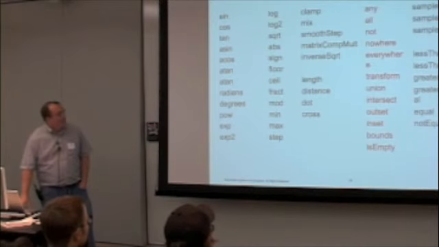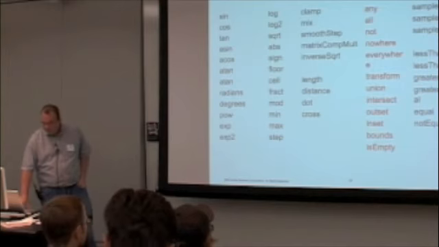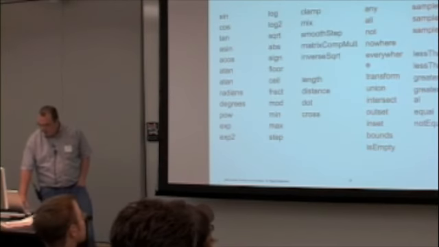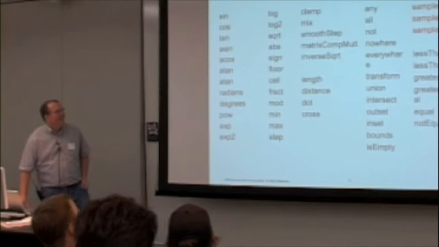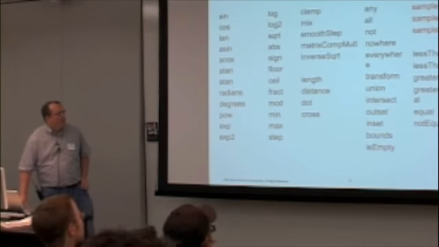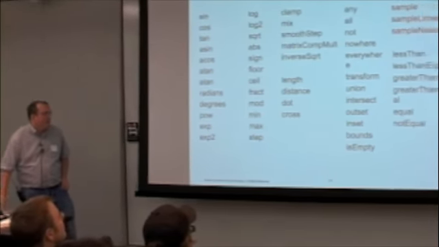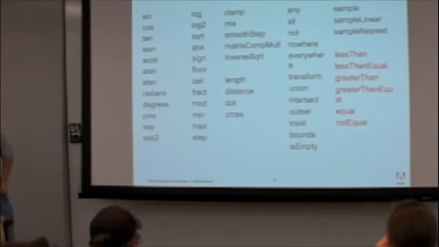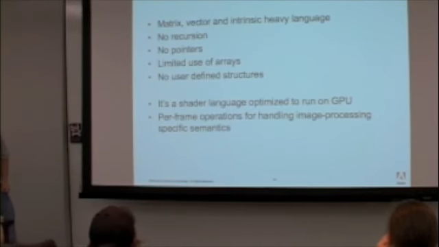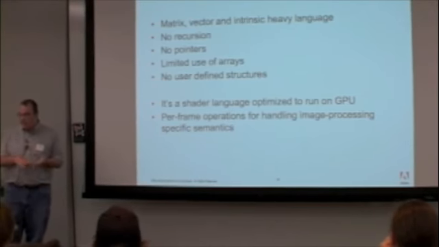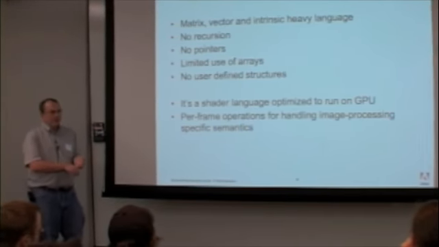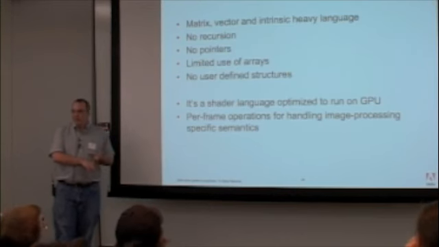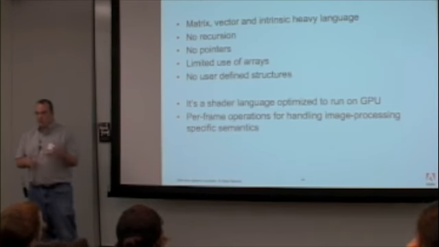Okay, so a whole bunch more. Sorry about the slide reformatting. Apparently, moving it off of my PC onto my Macintosh was bad. And of course, the bilinear sample and nearest point sample as well. And then some Boolean vector operations. Okay. So just to recap, we basically have a matrix, vector, and intrinsic heavy language, and that's the language that we had to cast down into LLVM IR. We have no recursion, and